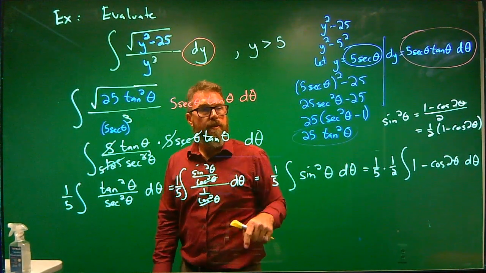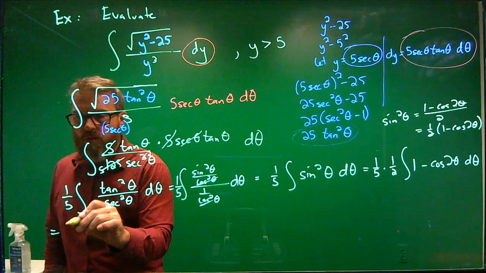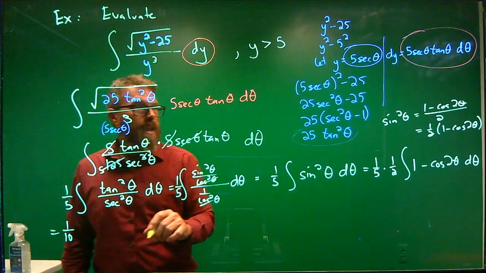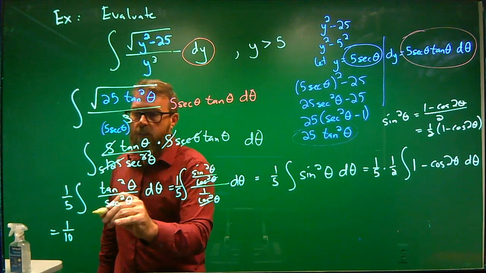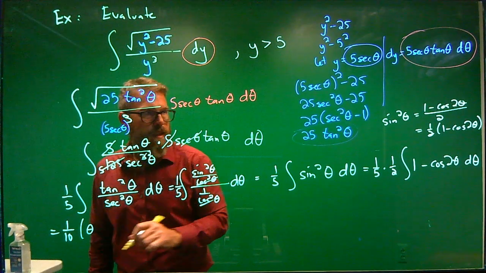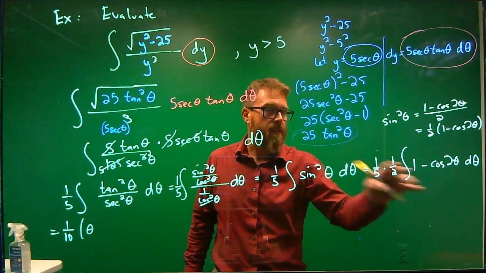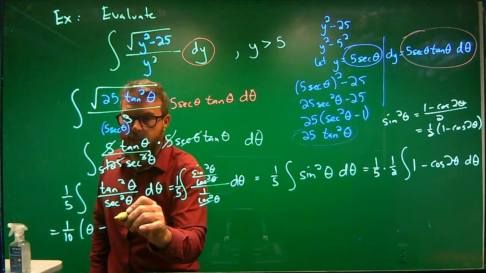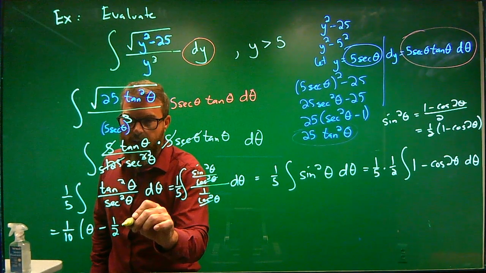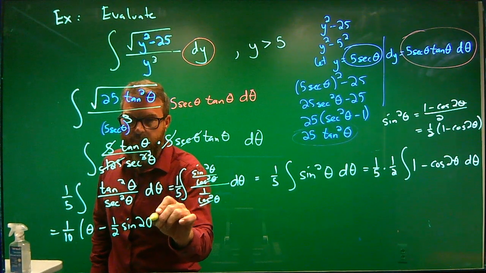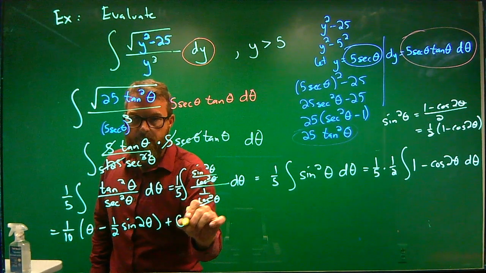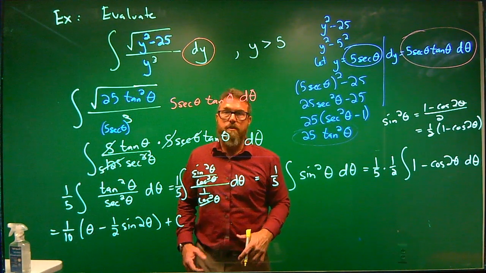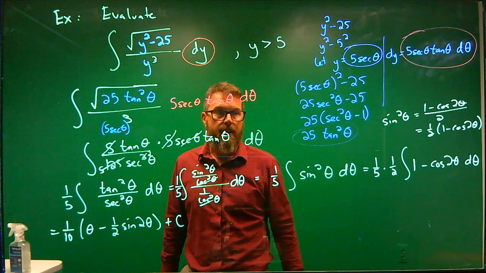And then simplifying these things, this is going to be equal to 1/10. And the integral of 1 is going to be equal to theta. And the integral of the cosine of 2 theta is going to be, well, that cosine is going to be negative sine of 2 theta over 2, or 1/2 the sine of 2 theta. Finally, plus c. All right, so I've integrated this, but remember this is in terms of theta, not in terms